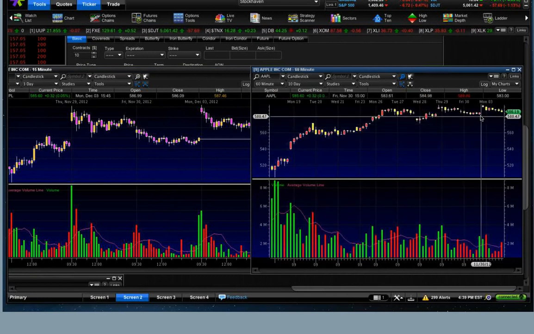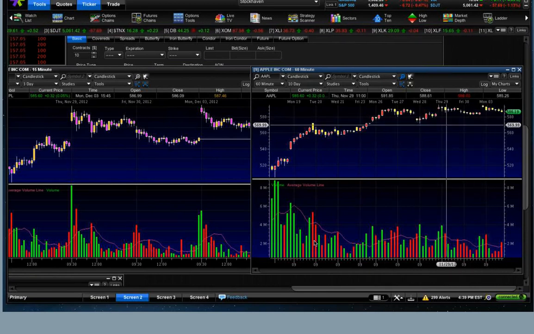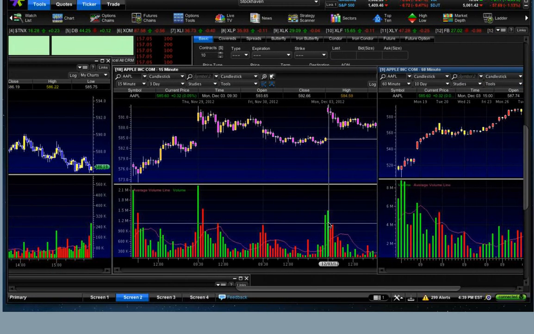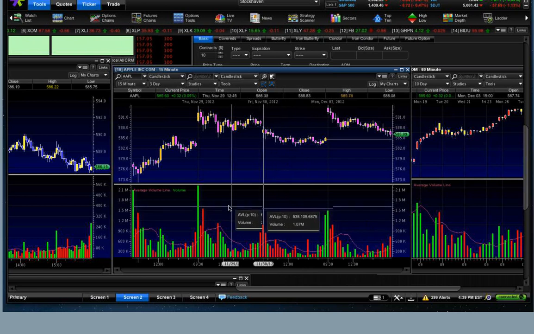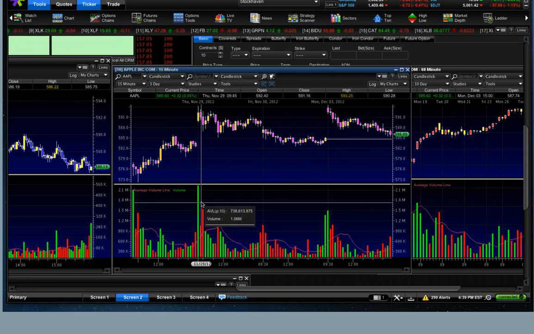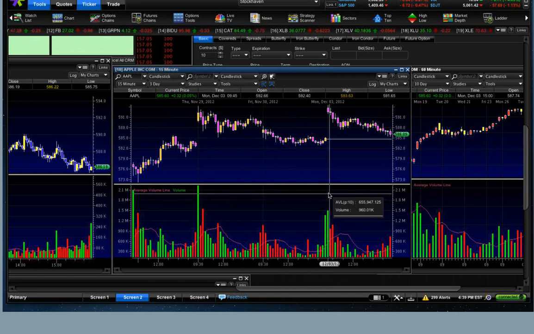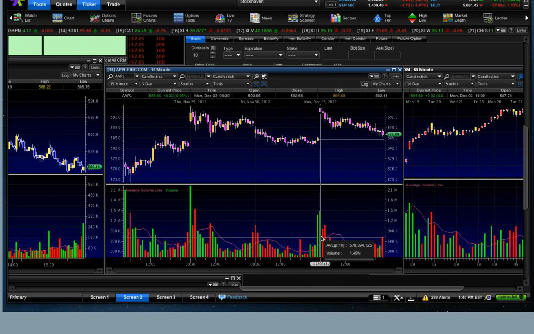If you look at the 60-minute chart, Apple's really just stuck in this range. The 15-minute opens have been generally pretty tight these last 3 days from open to close. You had a $2 open to close 15-minute range last Thursday, a $1.80 open to close range on Friday, and a $1 open to close range on